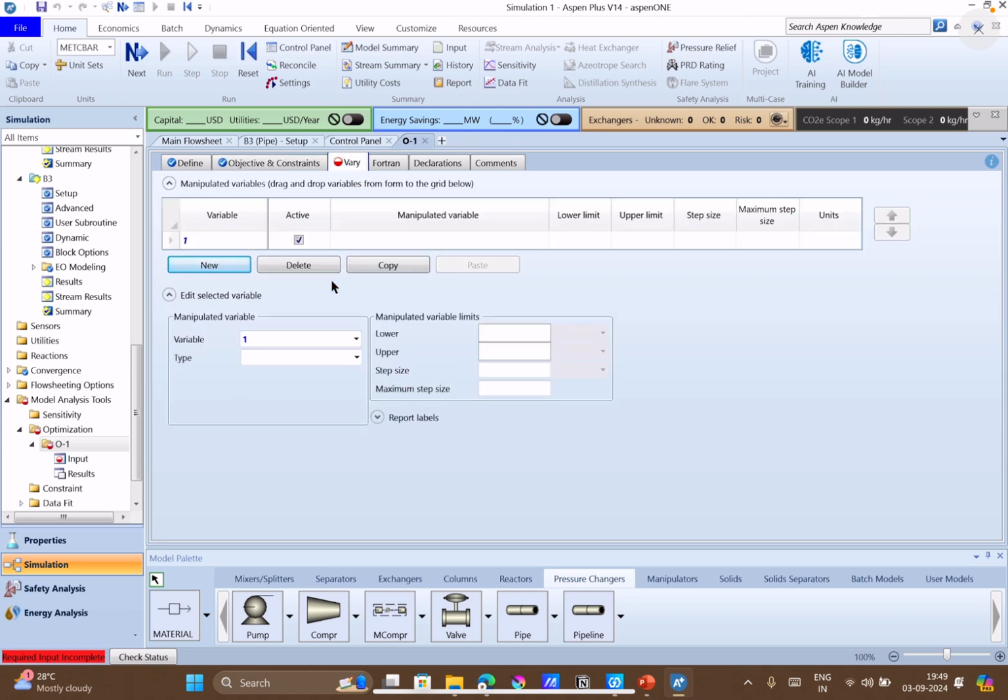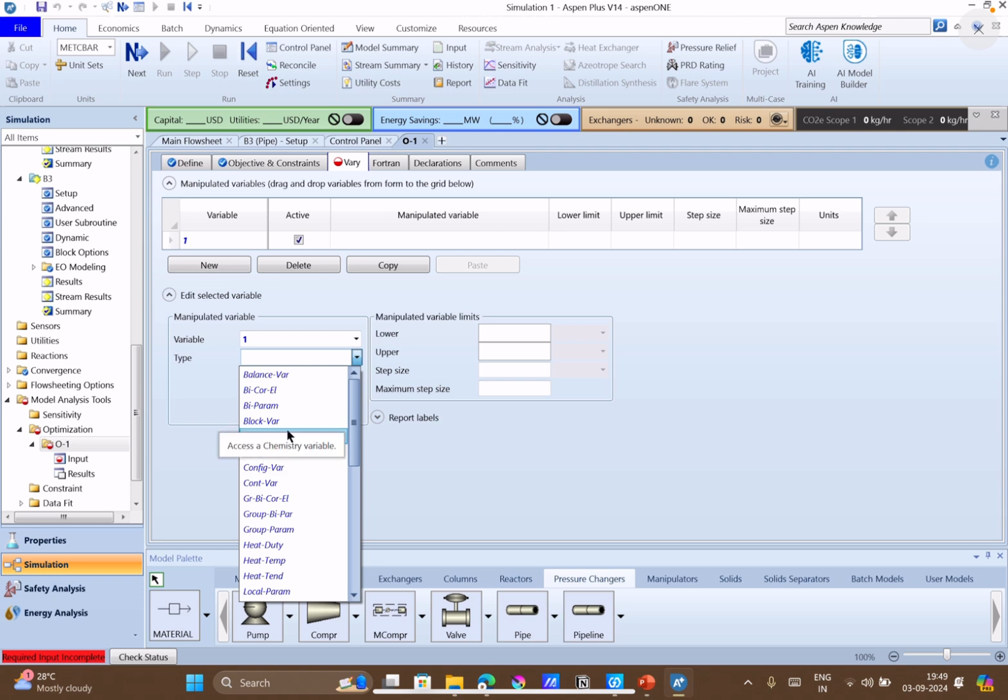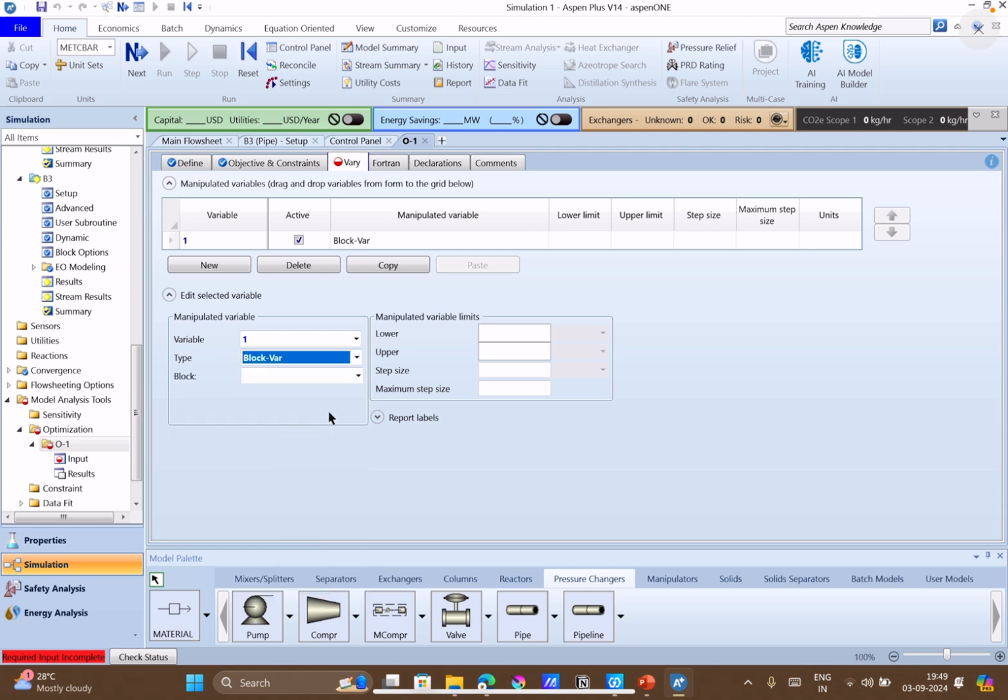So here the independent variable that we will vary is also part of an objective function. It could be that your objective function has a different set of properties which will depend upon your independent variable, but that might not be part of the objective function. Okay. So we want to define again which is the independent variable, which is the inner diameter